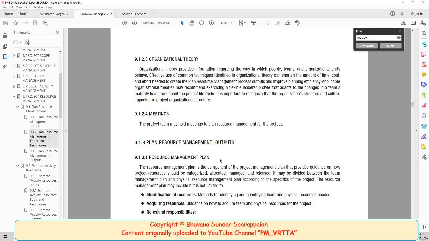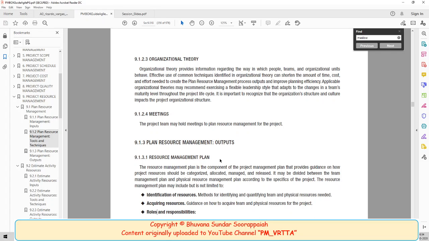For that, you have to understand what the resource management knowledge area is. You all know that it deals with various processes that help you, first of all, plan how you will conduct resource management in the project. What do you mean by conducting resource management? It is, first of all, identifying and estimating what resources are needed in your project. Resources could be physical resources like hardware, software. From PMBOK 6, resources include that, and also human resources. And when you talk about human resources, you have to first